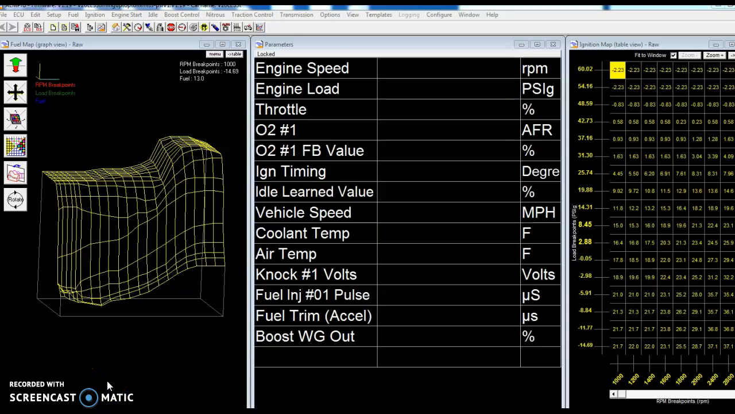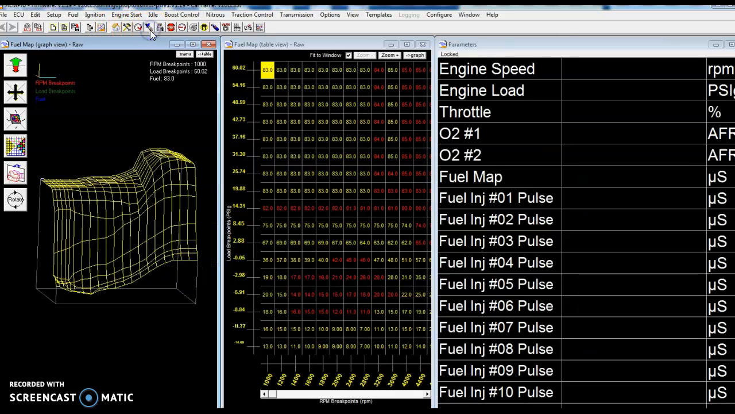Alright, so this is just a brief how-to. Each one of the pictures is a different kind of logging parameter. Anything you were to log, you click logging, start log, but it's only going to log what is up in the parameters window. So if you're trying to log something for the way the engine's running,